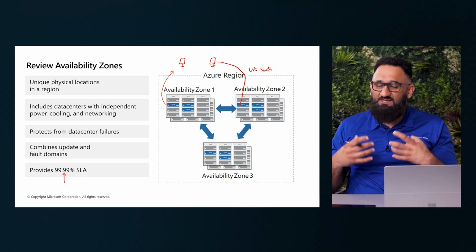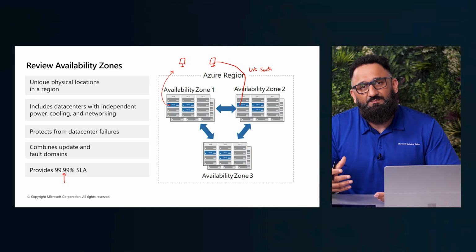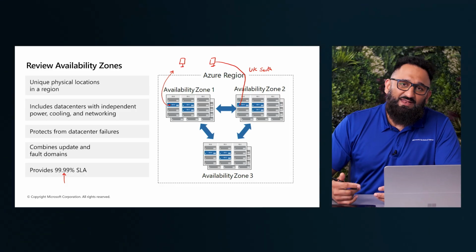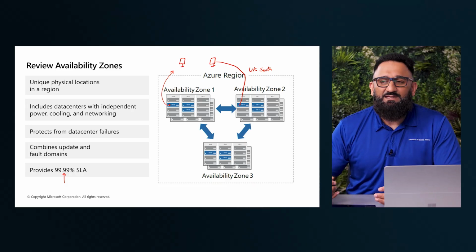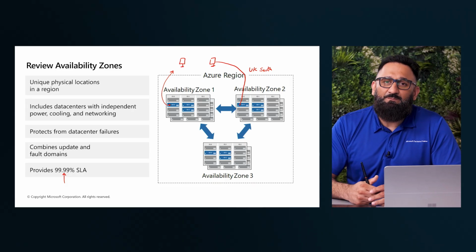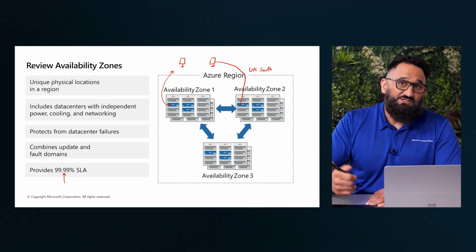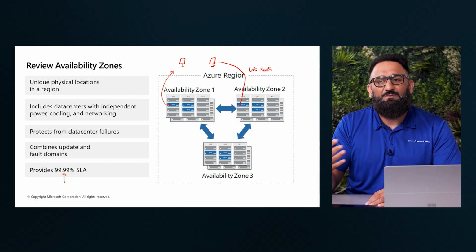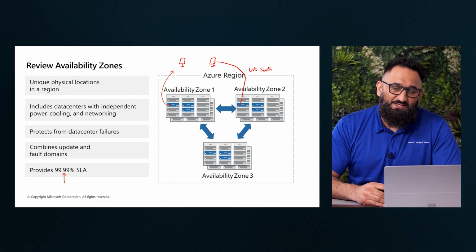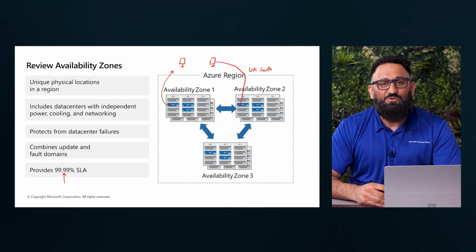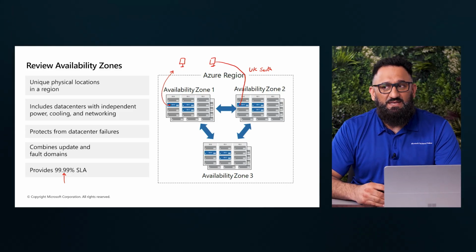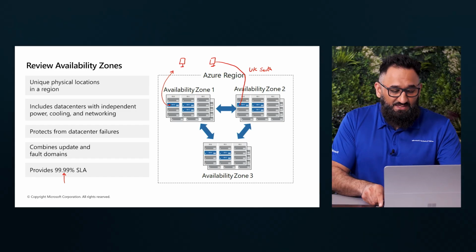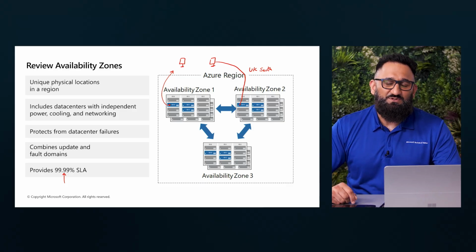If I was creating a web server where I know a lot of my clients are going to land onto that web server, and an outage of half an hour could cost me in millions, maybe it's better that I come up with a better plan for that resource. An availability zone could be a much better solution where I know the downtime. And again, there can be better solutions that we can look into implementing if it is much more crucial for you to run that and have a minimum downtime. Now, these are availability options. Let's have a quick look at some of these in my portal. Let's jump onto the portal to see how we configure them.